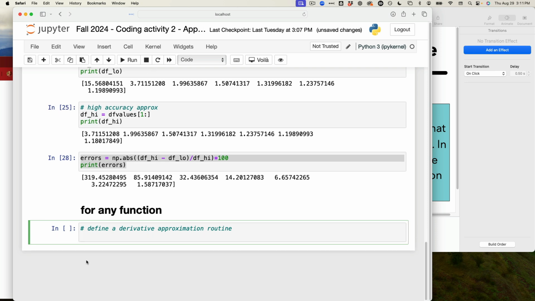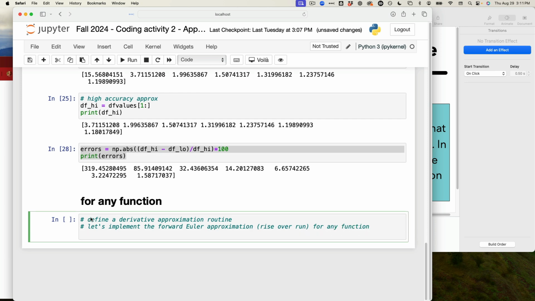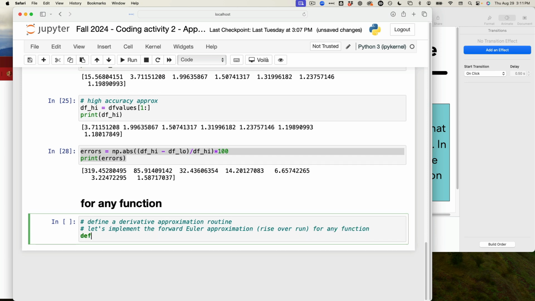All right, so define a derivative approximation routine. Let's implement the forward Euler approximation, rise over run, for any function. We do this by creating a definition, and you learned this in the Easy Pie. You might have seen it before. If not, this is your crash course in doing it right now. So we define a forward Euler approximation, okay? And every time you think about defining a Python routine,